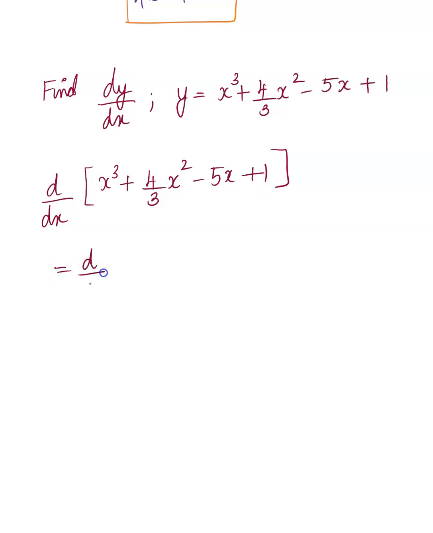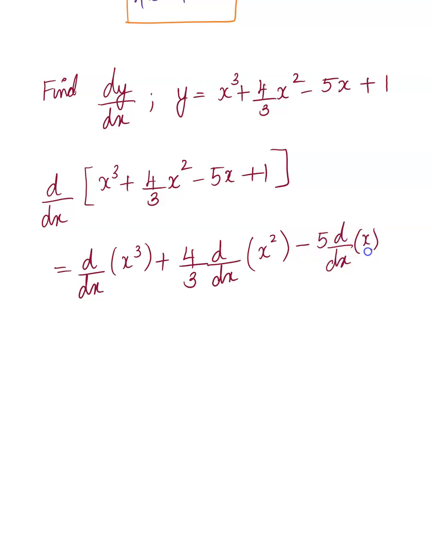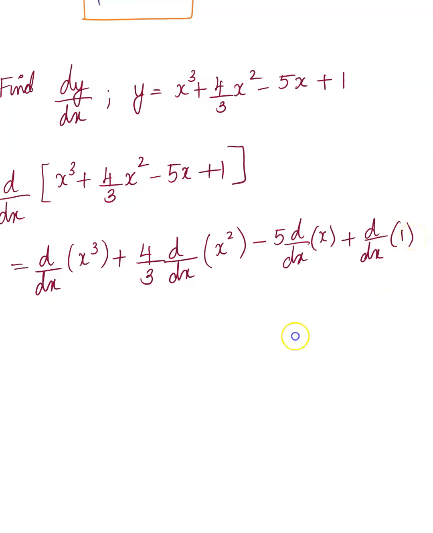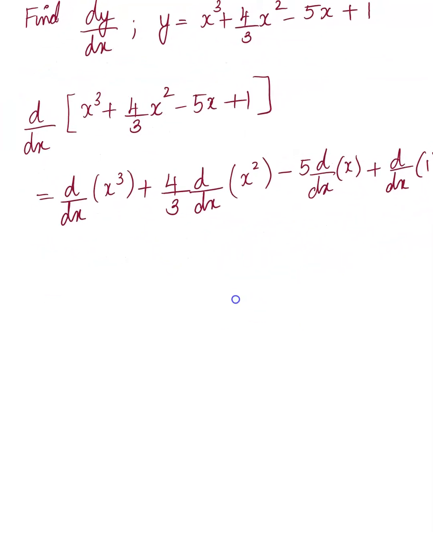So I want to use the sum rule to separate them. And I'd like to also, at the same time, just to save time, pull out the constants and only focus on the rest. And you can see that it's d over dx of 1 for the last term, right? I want to leave it like that so you can see it as a constant rule. The derivative of a constant is 0. And so that's going to be